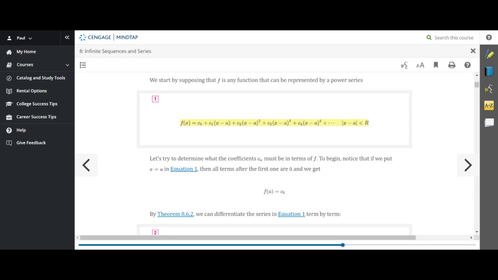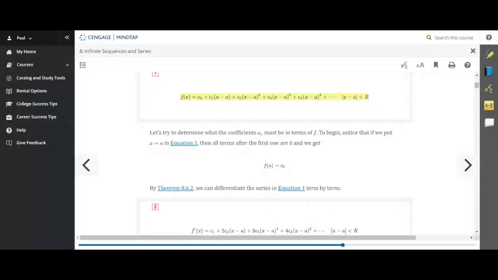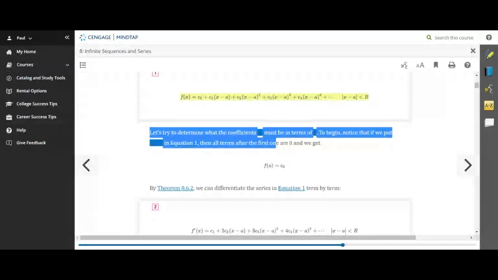If we could determine a and the coefficients, we would have a function f of x that's completely defined. So what they do in the problem is say, let's try